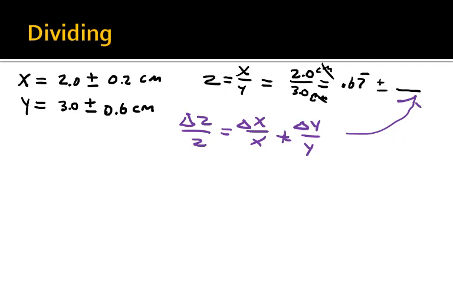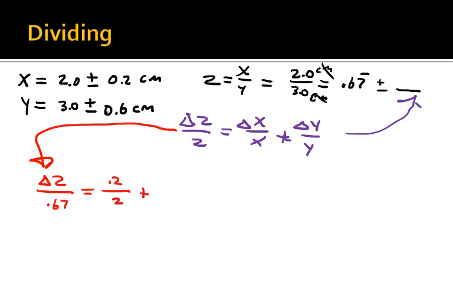So let's go ahead and do that. And I'll just pull this over here. Okay, so the uncertainty in z over z, z is 0.67 repeating, is equal to the uncertainty in x, which is 0.2, over x, which is 2, plus the uncertainty of y, which is 0.6, over y, which is 3. So we can work these out. So 0.2 over 2 is 0.1, plus 0.6 over 3